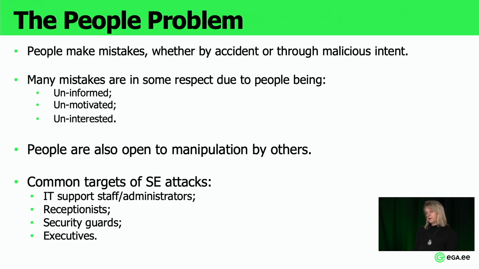And why do these people make these kinds of mistakes, which are then used maliciously? Because people are not informed about the different possibilities of how they can be manipulated. People also sometimes are not motivated to learn even about how they can be manipulated. So there is no interest to learn more, to behave better in the online environment. And what are the common target groups when it comes to social engineering attacks?